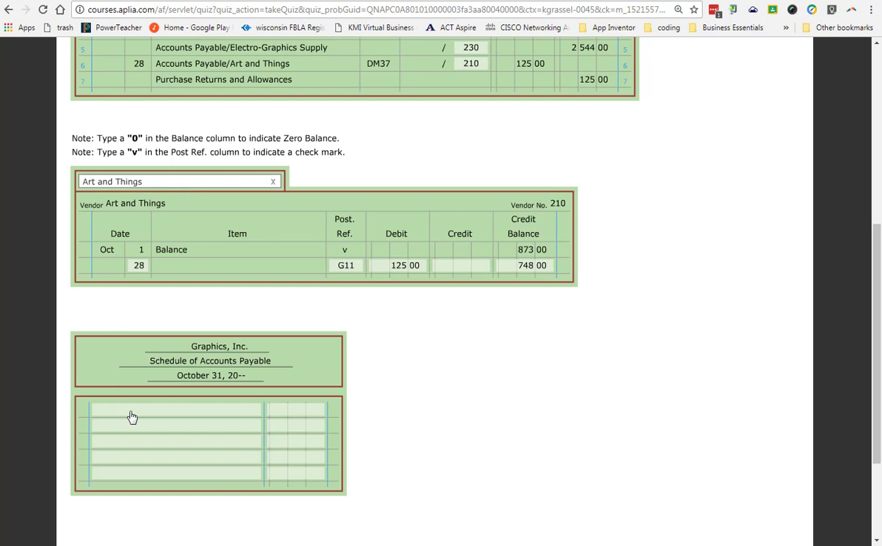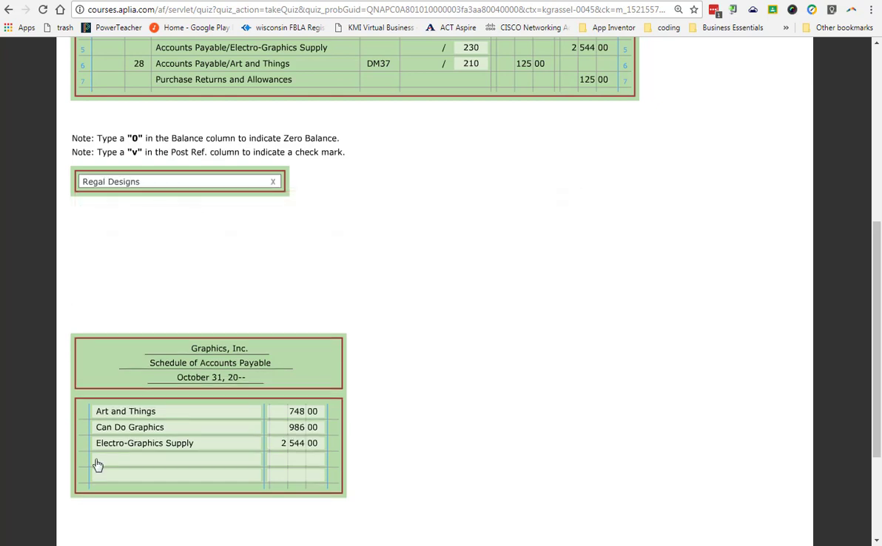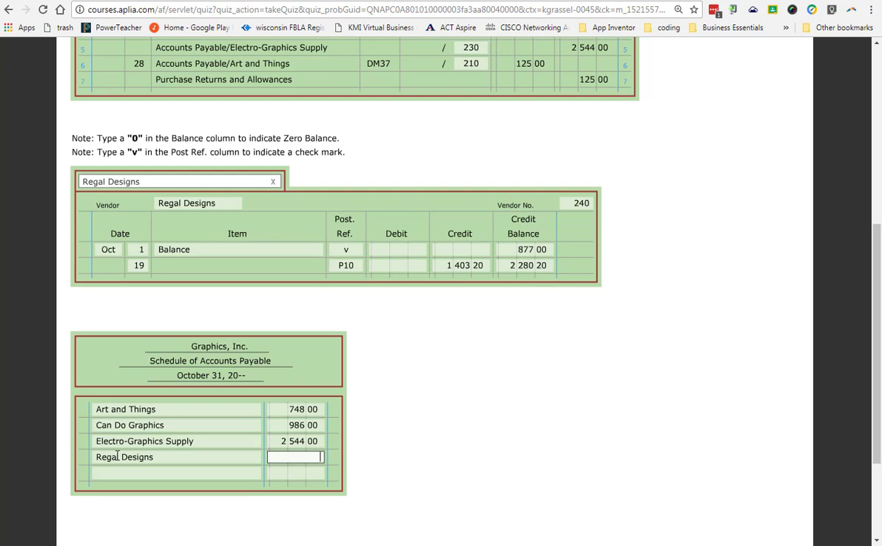So my first account I have is Art and Things. Art and Things has a balance of $748. So I just write Art and Things and put $748. Then I switch to my next one, which is Can Do Graphics. Now, did we put anything in Can Do Graphics? No. So when you see that line there where it looks like you should put something in there, don't worry about it. Balance for Can Do Graphics is $986. Then we switch to Electrographic Supply for $2,544. Then we go to Regal Designs with a balance of